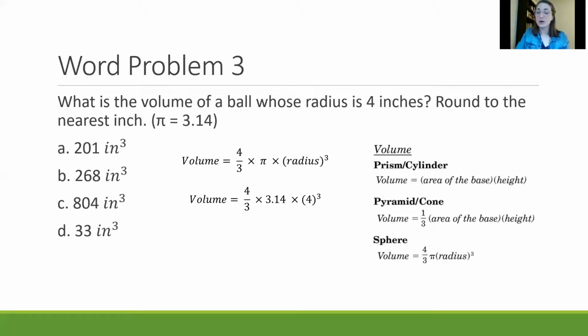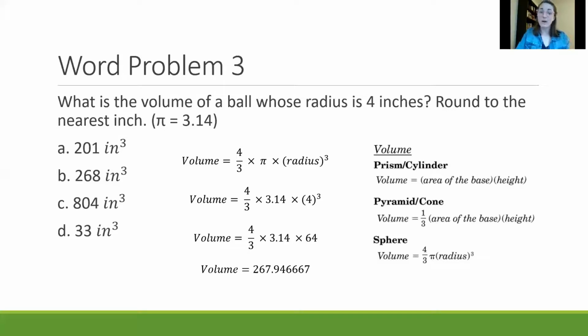Now, using the order of operations, I am going to do my exponents first. Everything in parentheses is just a single number, so I can skip right to the exponent step. So 4 cubed, or 4 times 4 times 4, is 64. And you can see I replaced that on the third line there. So now I just need to multiply across. And when I multiply across, I see that the volume is